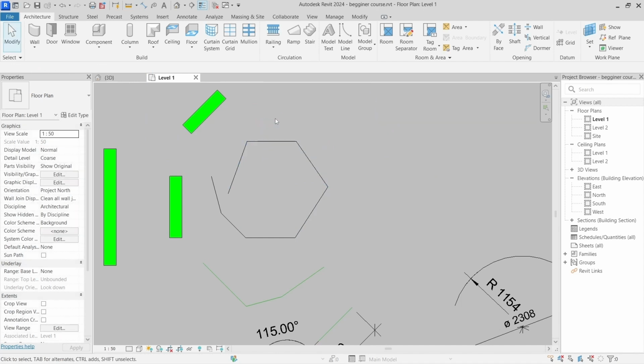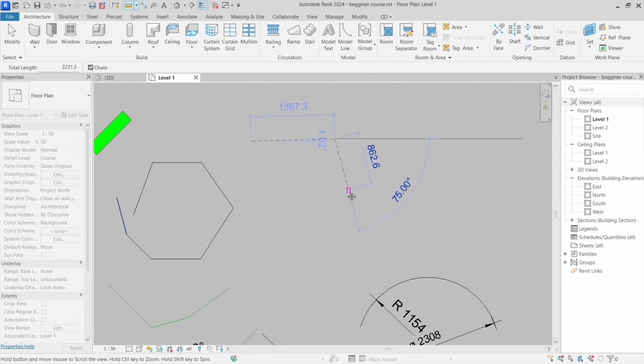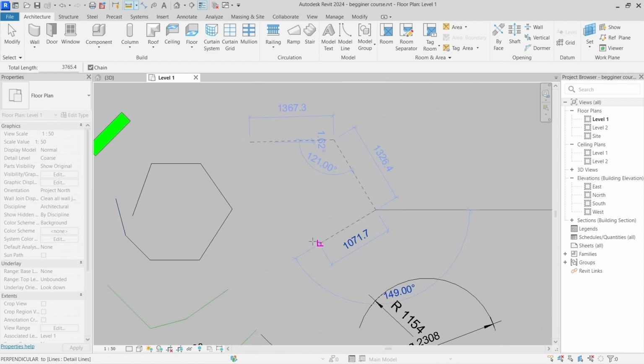Whereas if I select chain and do the same thing, clicking with my left mouse button and continuing, you can see that it is not being measured only between the 2 clicks, but it is continuing to be measured. So if I go like this,